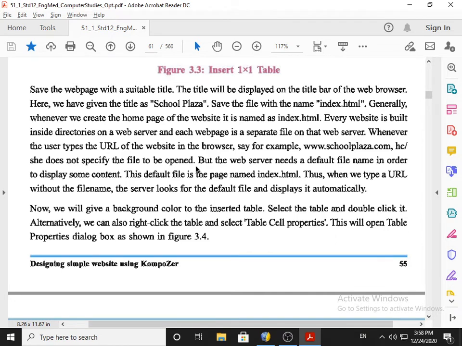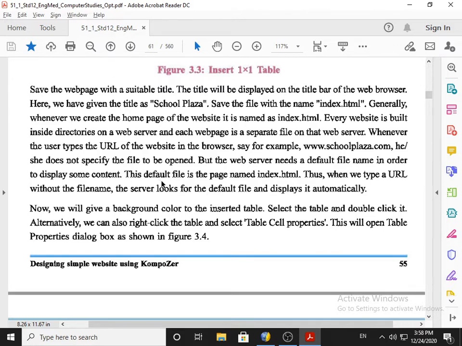We just mention schoolplaza.com, yahoo.com, facebook.com, flipkart.com. We just mention the name of the website. But the server needs a default file name in order to display some content. Like when you open facebook.com, the Facebook server is required to show you the first file. When you open amazon.com, the server of Amazon is required to show you the first file.